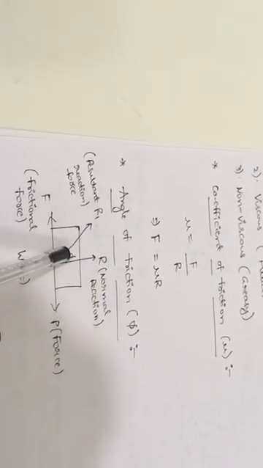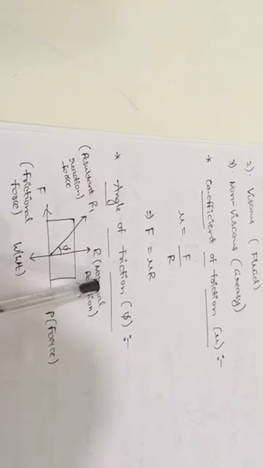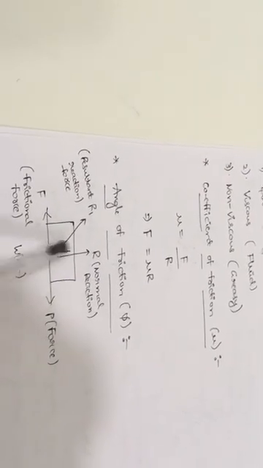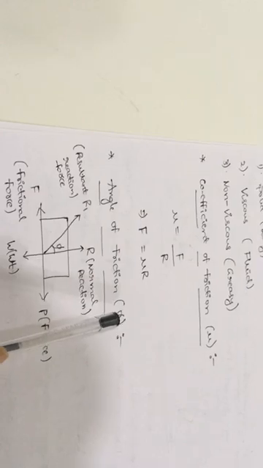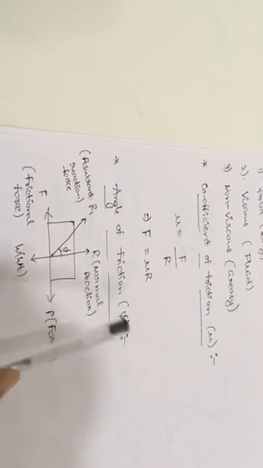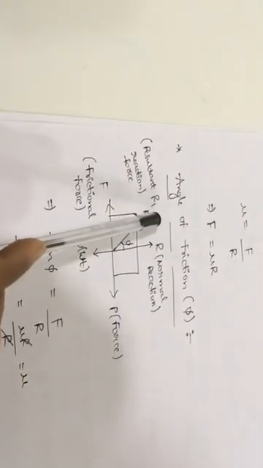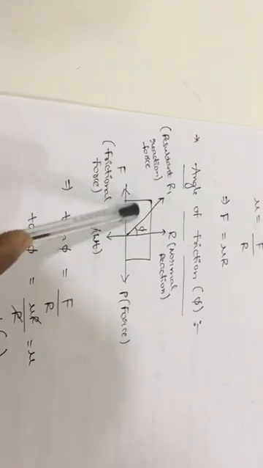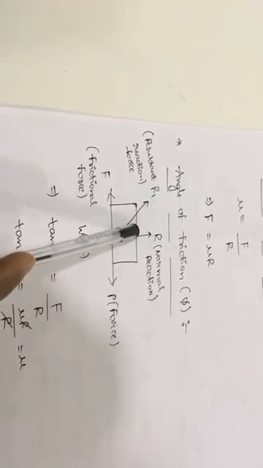of the friction. In one word we can say that the angle between R1 and R, the resultant force and the normal reaction, that angle is nothing but the angle of the friction, and it is denoted by phi. Now from this diagram, you will get one right angle triangle. So from the right angle triangle,